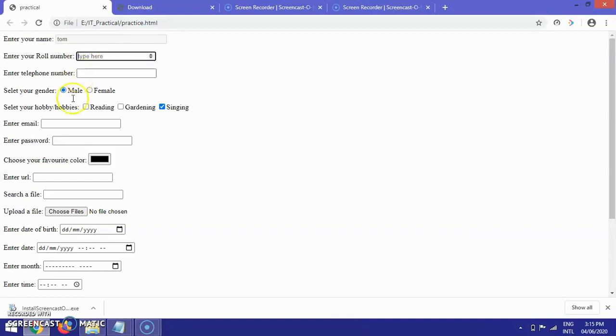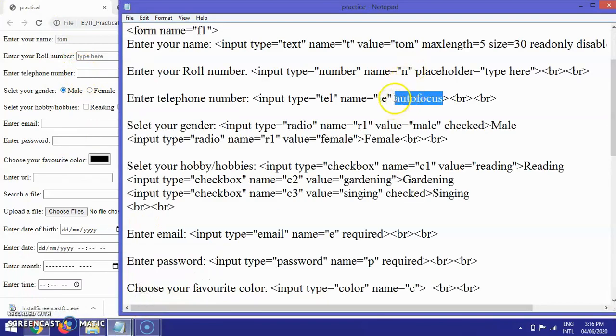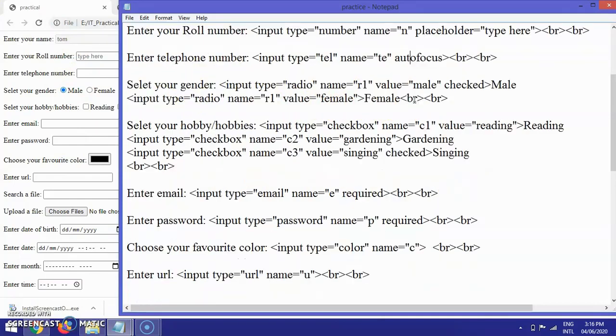You can definitely click anywhere and change the position, but by default, once you reload, I'm reloading it once again, see, the cursor position is over here because I have mentioned the autofocus attribute for the telephone field. So this is the use of autofocus. It will provide the focus of the mouse pointer.